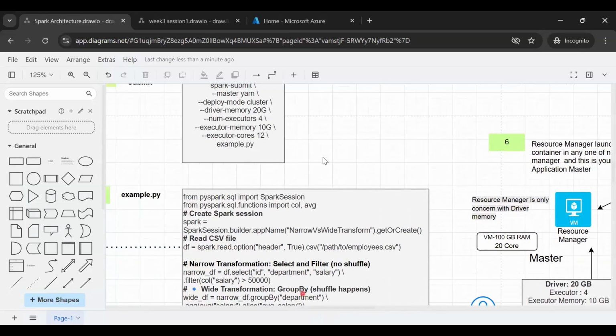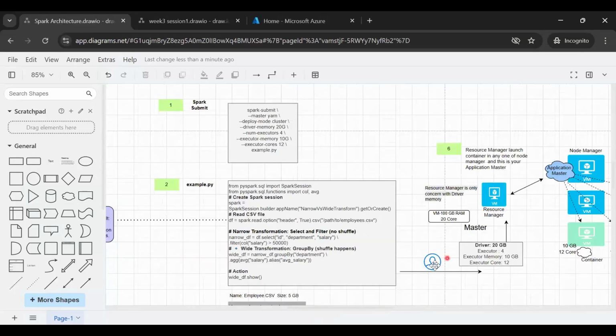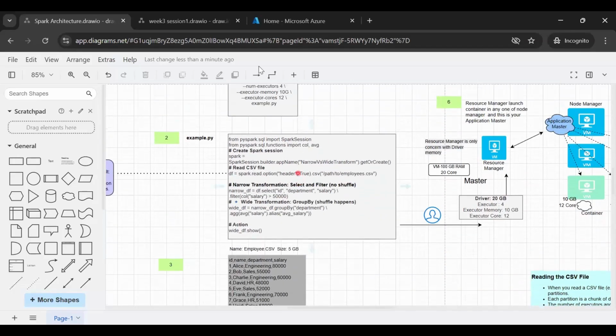So what happens exactly when you submit your job? Let's say the developer comes and executes one command, spark-submit. He gives the cluster mode as yarn, and he gives all the resources. I need a driver of 20 GB. I need executor memory of 10 GB and executor cores at 12, 12 executor cores in each VM. When the user submits this job along with this code, and this is an example.py,